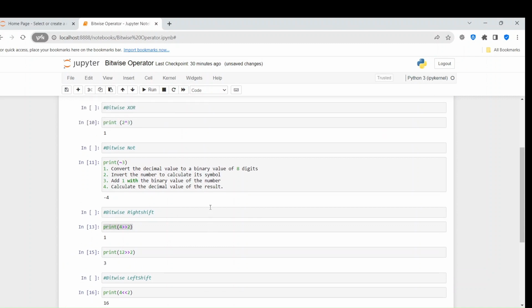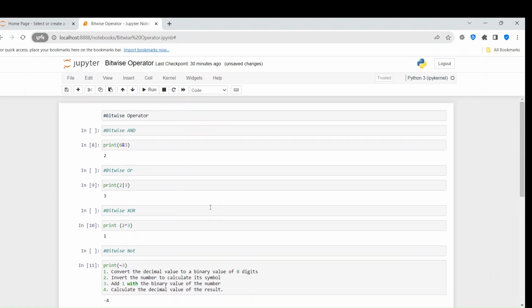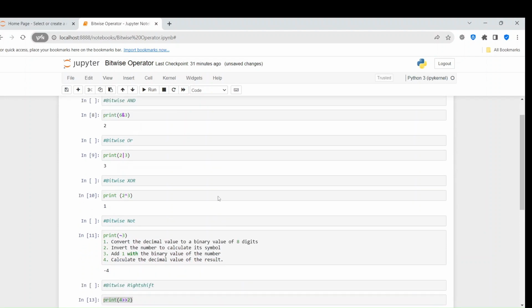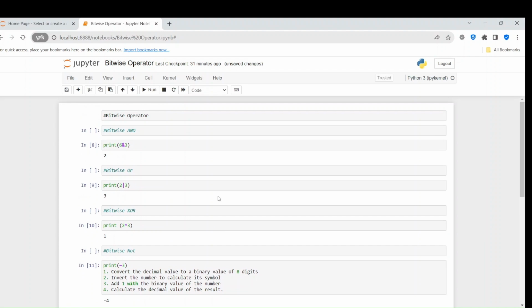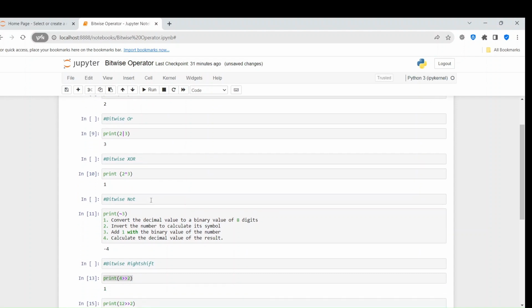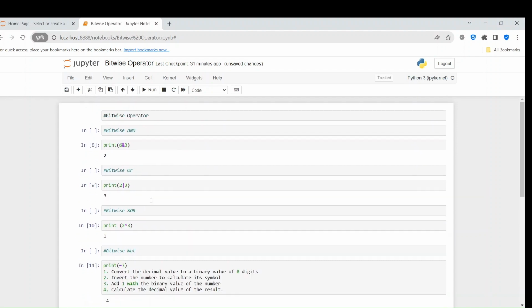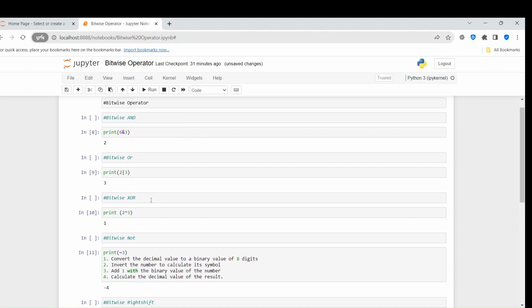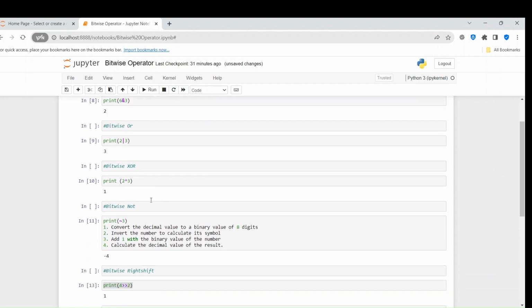So you can take other numbers and perform these operations. These are all about bitwise operators. In the data science field, these are not so much used or dominant. Maybe you can find them in some computer vision or image processing applications, but they are mainly used in low level programming languages, not in data science. But still, if you want to understand things in depth, you can do some research of your own. This is the main concept behind bitwise operators. When you learn something in depth,